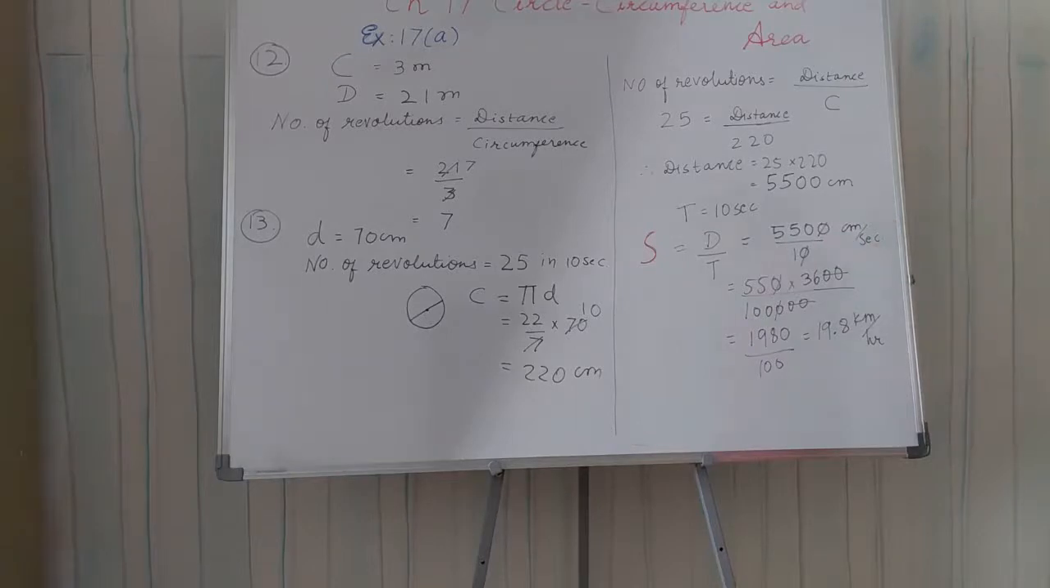But you are asked in the question to get your answer in kilometer per hour. For that 550 then multiplying by 3600. Why? Because 1 hour is 60 minutes and 1 minute is 60 seconds. So 60 multiplied